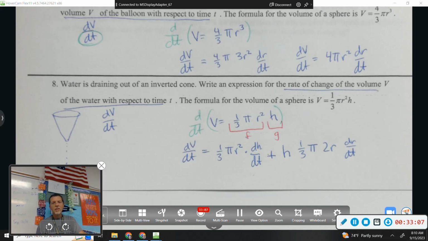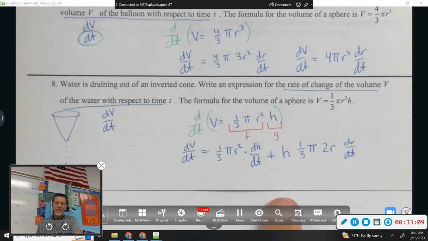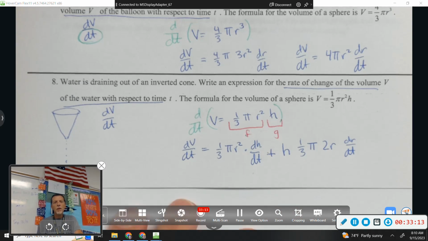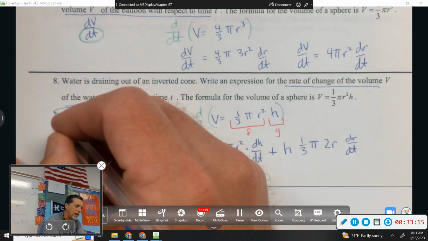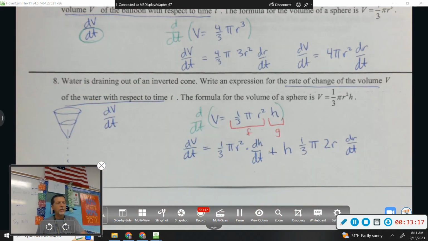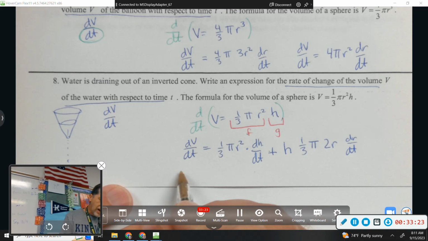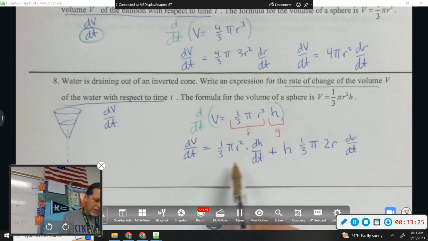We'll work a problem like that later next week. That'll be like Tuesday, maybe even Wednesday, where we'll give you information about how the water is dripping out and how long will it take and all this. But right now we just need to worry about finding derivatives. That's fine as a safe stop. I don't know that there's a whole lot you could clean up from there if you wanted to. Factor out a third and a pi maybe and an r, but